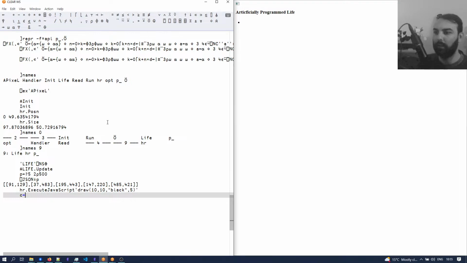So if our color is black and our size is 5, I guess we'll keep it numeric in the APL side, then